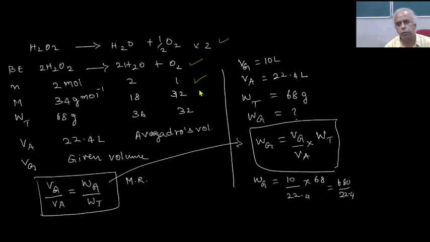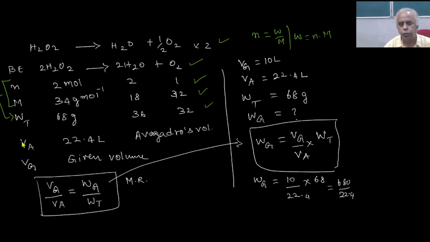Then we have written the molecular mass, and then I have just multiplied this by n into W2, because we already know number of moles is equal to weight by molecular weight. So if you want to know W, you can multiply n and capital M. So that's what I have done. So n into M has given this Wt, that is theoretical weight. According to this theoretical weight, we are able to get 68 gram, 36 gram, 32 gram.